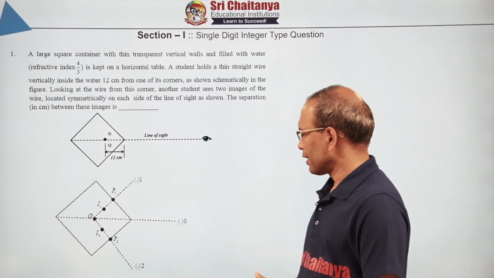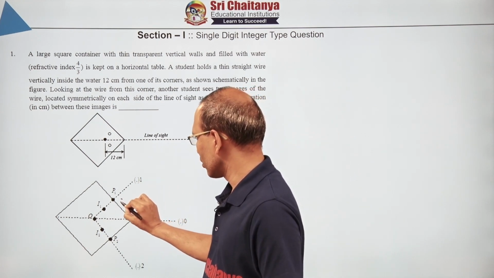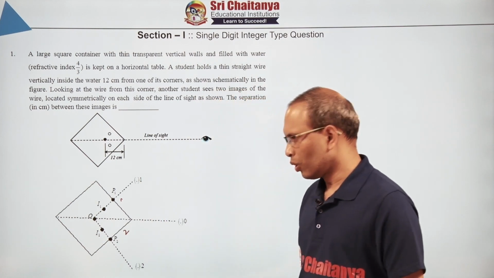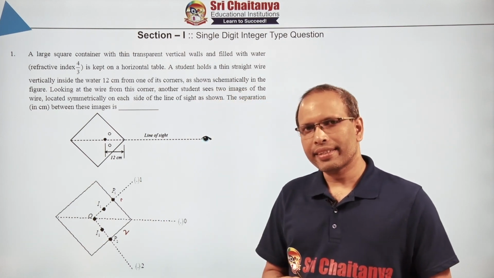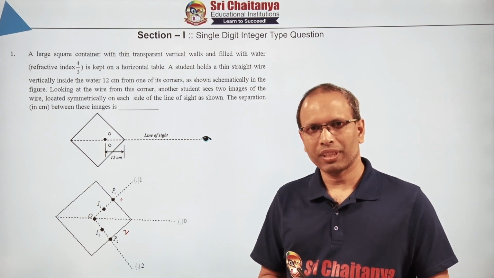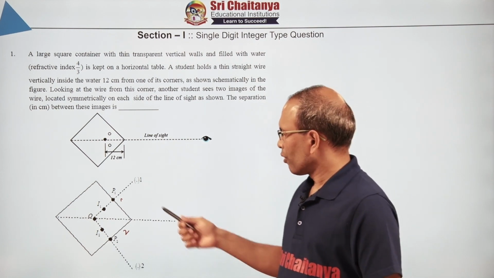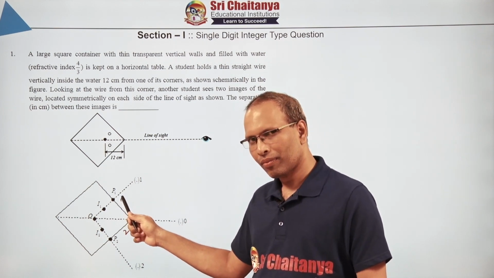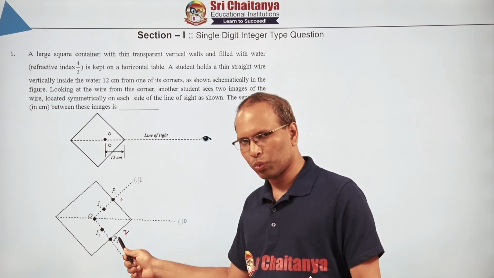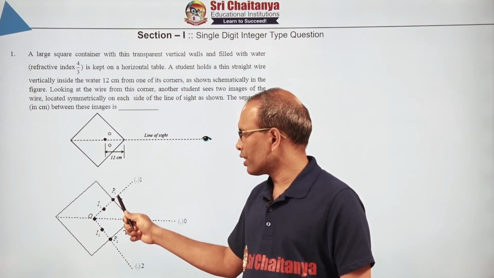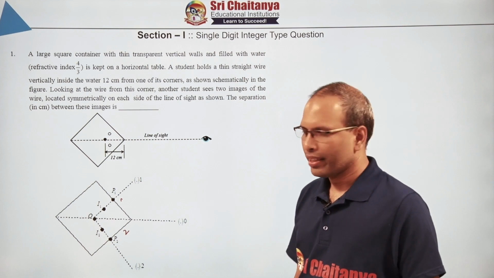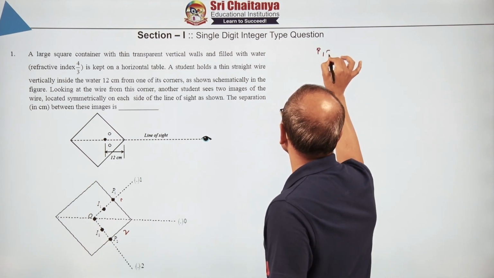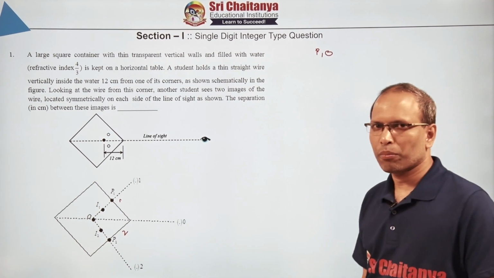See this. This is refracting surface 1 and this is refracting surface 2. We know that object distance and image distances are measured from the refracting surface. So for the first surface, the image distance and object distance are measured from P1, and for the second surface they are measured from P2. For the first surface, let us see what the object distance is. The object distance is P1O.